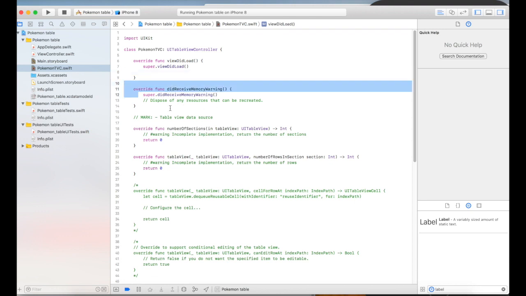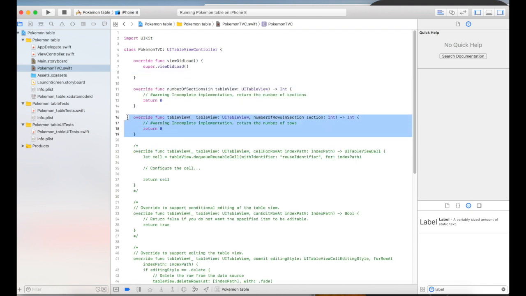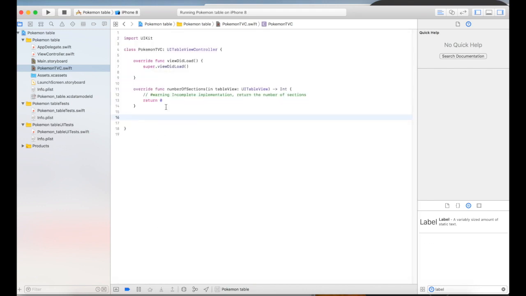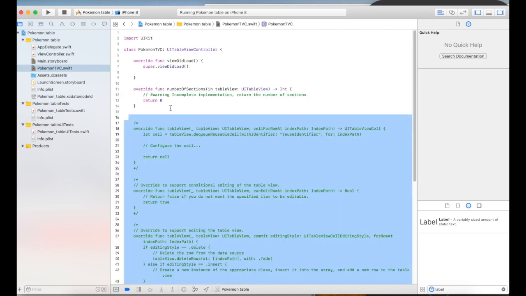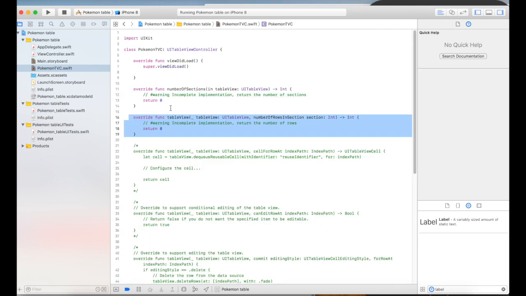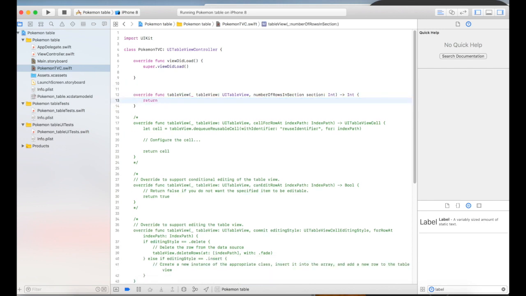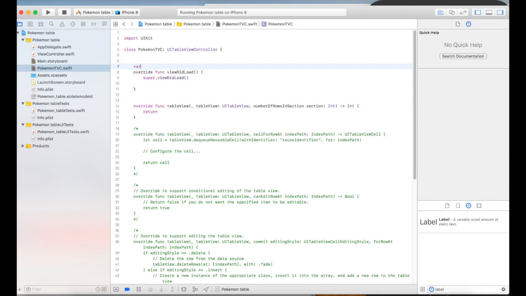And I'm going to take all these things that we're not going to use for this. Don't need the number of rows per section because the default is already 1, and that's exactly how many we need. Oh, whoops. Oh, did I delete the wrong one? Oh, number of sections is the one we can delete because the default is 1. And let's say we're going to have an array of Pokemon, and we're going to call it pokemons just to be funny. And it will be an array of,